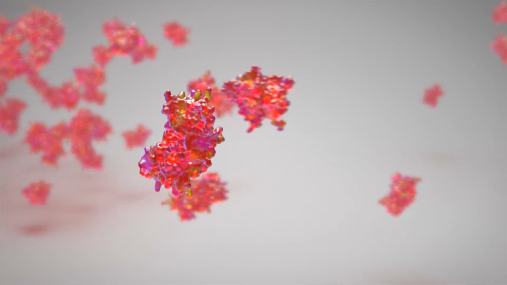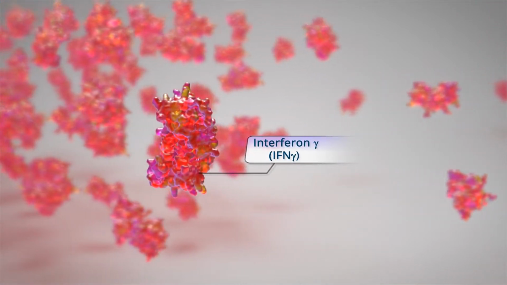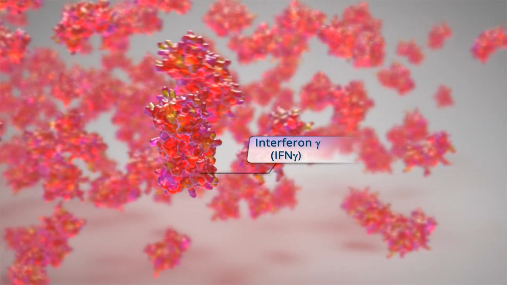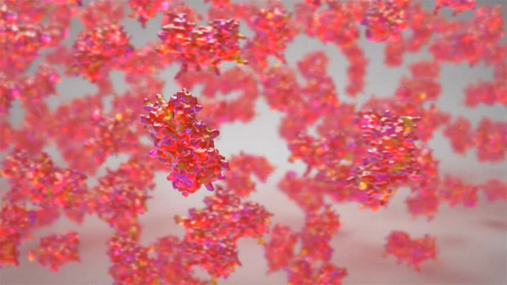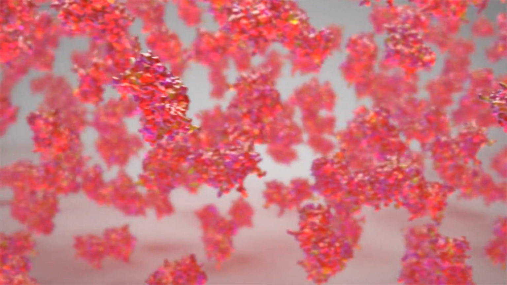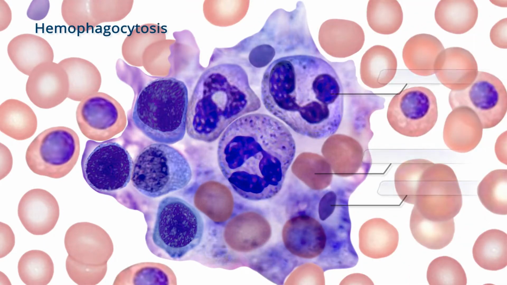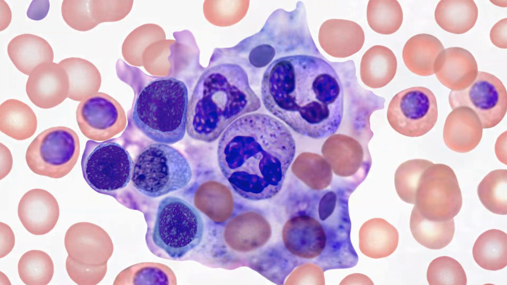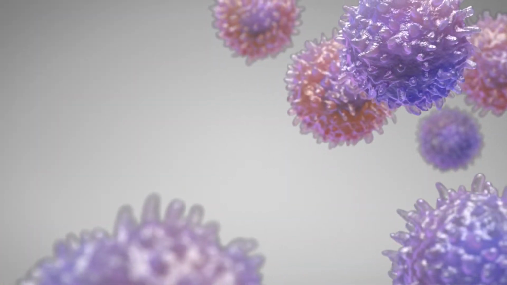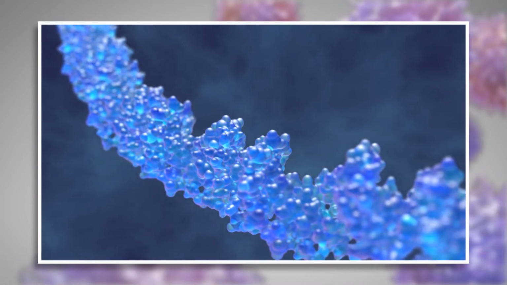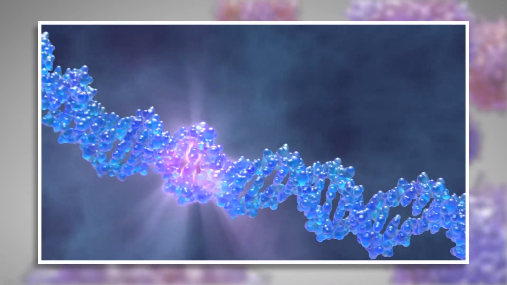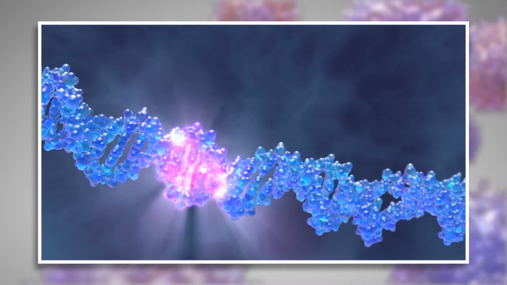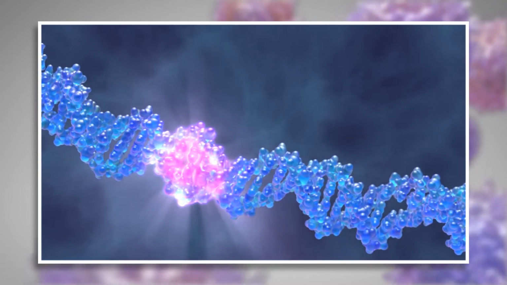Hemophagocytic lymphohistiocytosis, HLH, is a severe syndrome of hyperinflammation driven by massive overexpression of interferon gamma. This photomicrograph shows the pathology after which the HLH syndrome is named. The large cell is an activated macrophage engaged in hemophagocytosis. Primary HLH, one form of the disorder, is caused by mutations in genes encoding proteins involved in the cytotoxicity of T lymphocytes and natural killer cells.